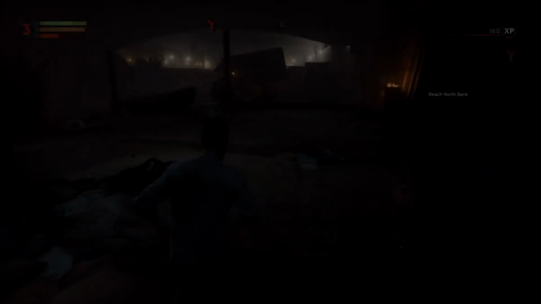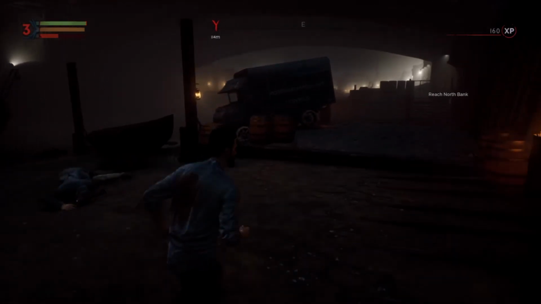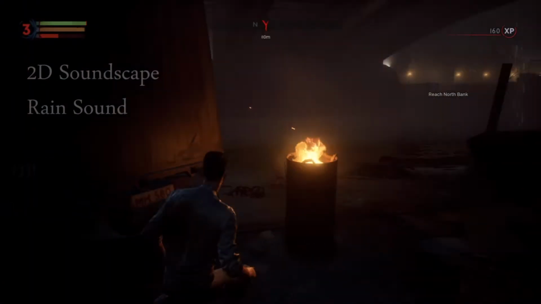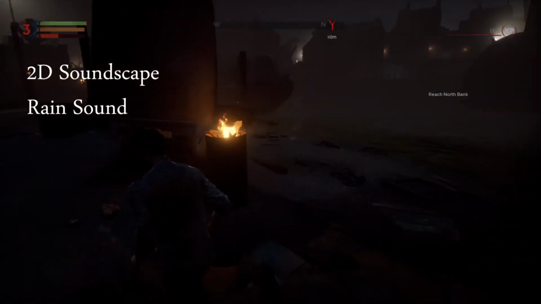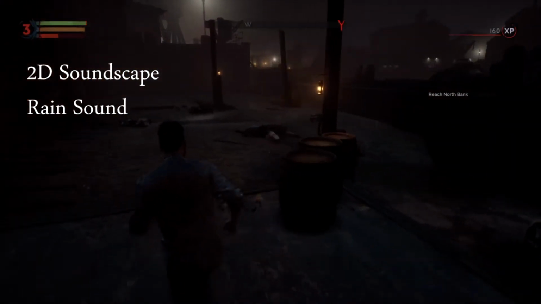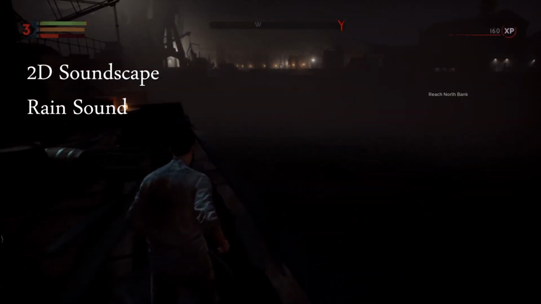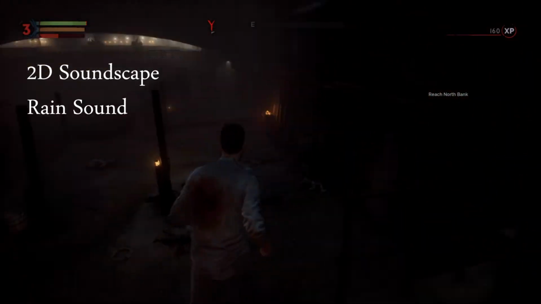This is the beginning of the game, so no reason to skip ahead if you're worried about spoilers, as nothing has really happened yet. Here we have a nice rain soundscape, in which we can walk around and the rain will constantly be around us. This is a so-called 2D sound, and is placed on top of everything and does not move spatially with the